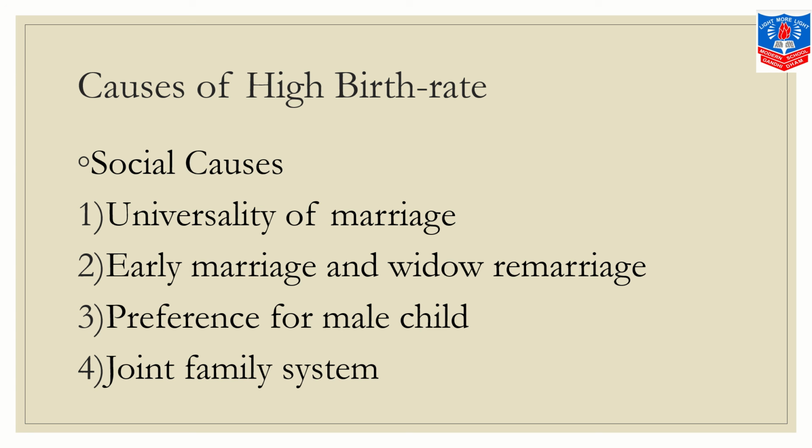Now, we all know that there is a prevalence of joint family system in many parts of our country, basically in rural areas of our country. It is seen that yes, joint family बहुत ज़्यादा rural areas में पाया जाता है. Now, as a result, the financial responsibility of upbringing a child is distributed among all the family members. Yes, तो फाइनेंशियल रिस्पॉन्सिबिलिटी जो होती है बच्चे को बड़ा करने की, वो सारे फैमिली मेंबर्स में डिवाइड हो जाती है, and hence the child does not become a burden leading to high birth rate.